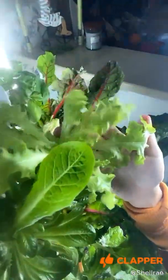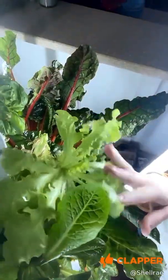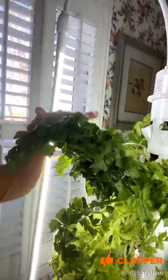The lettuce that I completely cut away is, just a few days ago, and it's growing at a rapid rate. I cut back the celery quite a bit, and now I've put a hairband around the celery, just one of these ties, to keep it down, because we have all these places for